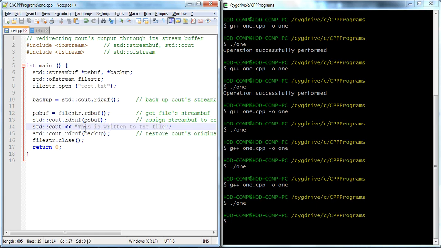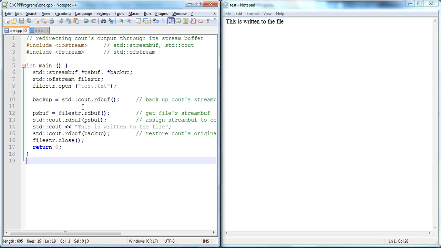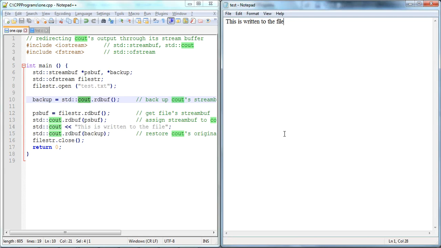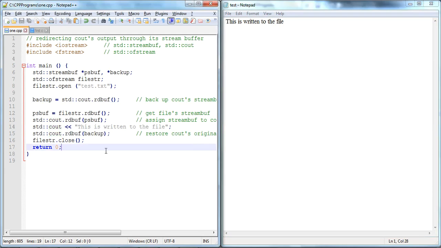That is done with cout, and how exactly does cout write to the file? Because of rdbuf, which assigns the pointer of cout to the stream buffer memory, right? To the stream buffer. That is simply the concept used with the stream buffer, with the help of cout and rdbuf, right?